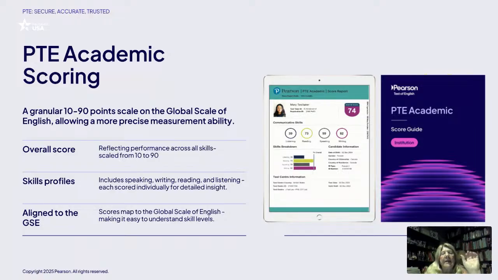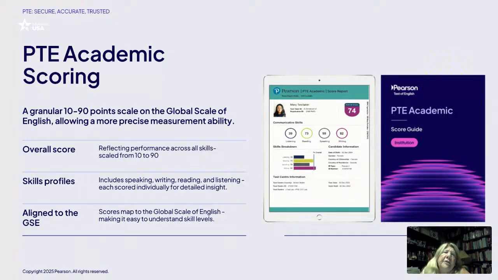It will also help with your skills profile a bit. You'll get a score for reading, writing, listening, and speaking, but it will come as a cumulative score. Do you see the 74 up at the top? That is the score this person got when they put together their reading, writing, listening, and speaking. It is aligned to the Global Scale of English.